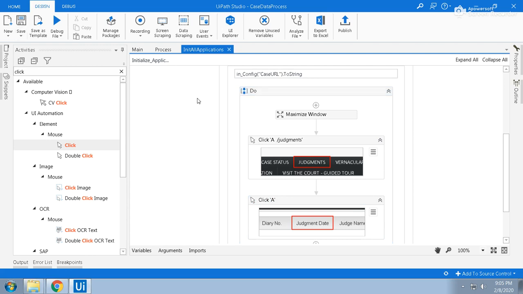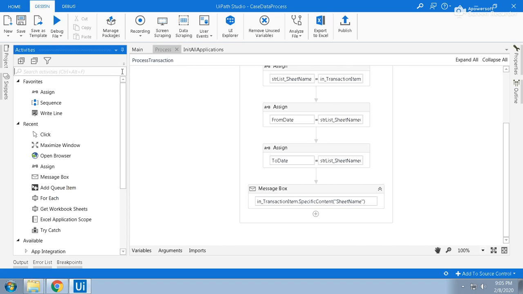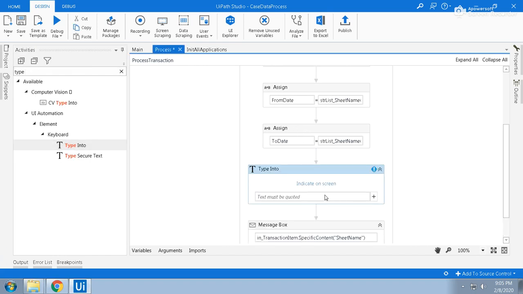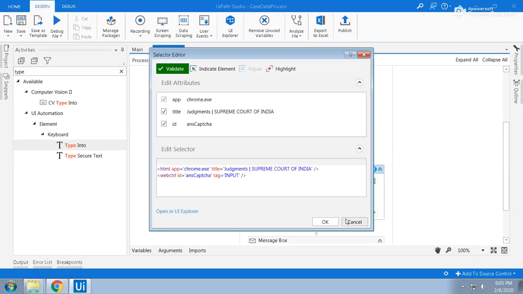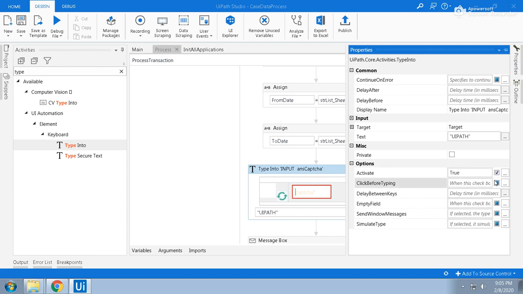So you need all applications, it will open that application. That's it. Let's go to our process. So here what we have to do is type into, just type here in this capture text box, anything. Because this application is accepting anything. As I am putting Sudheer, just Sudheer, or UiPath. Okay, so I'm just putting UiPath,